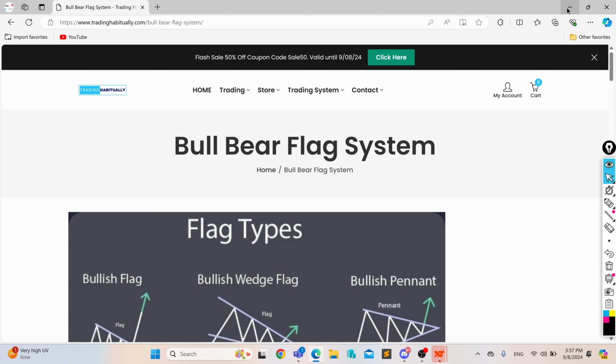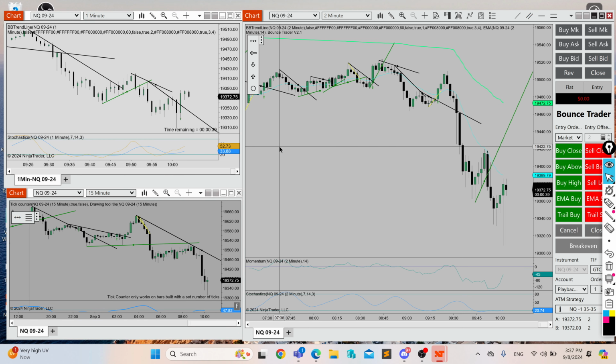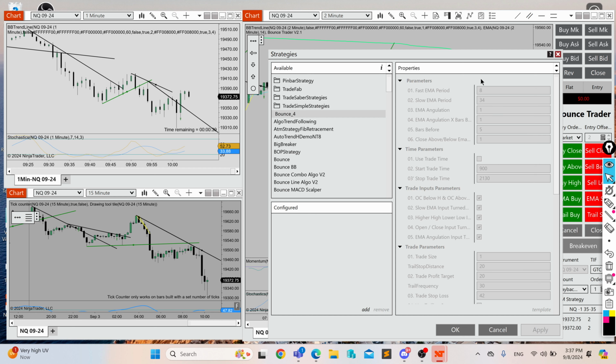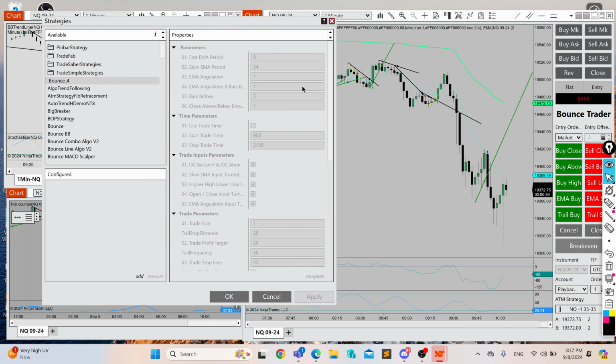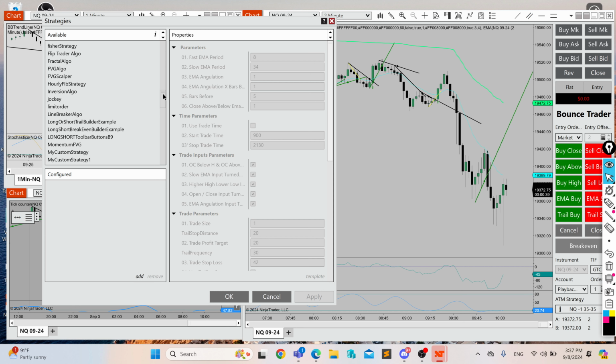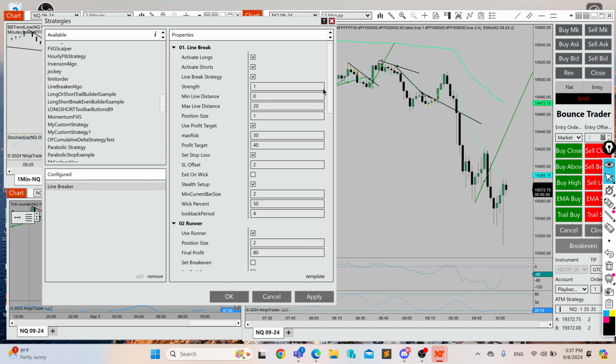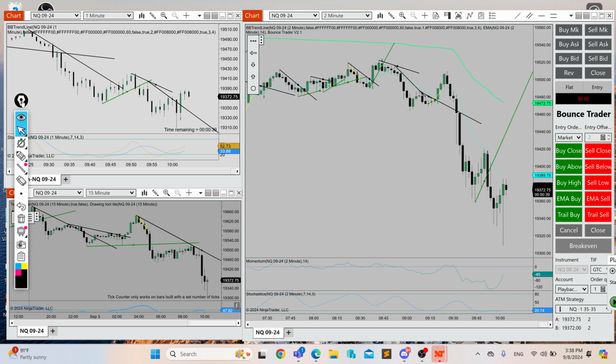So the algo, if I was going to load it, the way you load it, you can configure it to trade every line break if you want, but for this demonstration, we're trading on the flag patterns. And flag patterns, if you remember, are basically